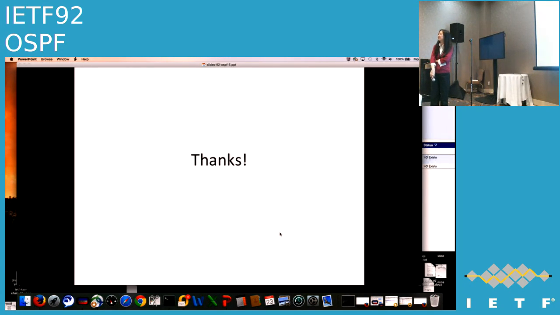Lou Berger, have you given any thought on how your model might be augmented to support TE, or if that even makes sense? We actually have some basic TE configuration here in the model. I missed that. Okay. Yeah, in the configuration part. Yeah, we do have the TE feature.